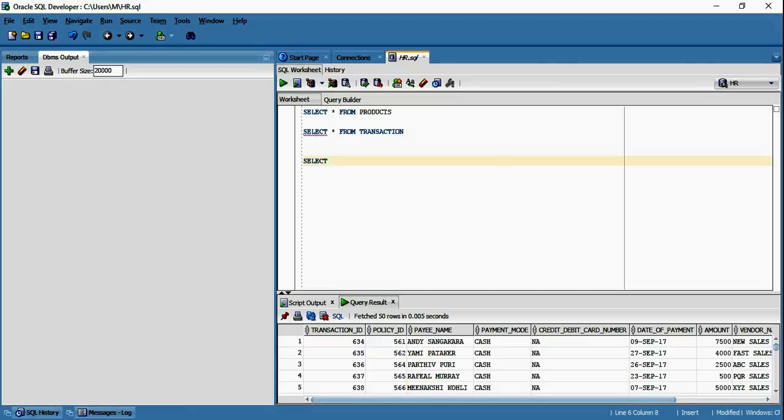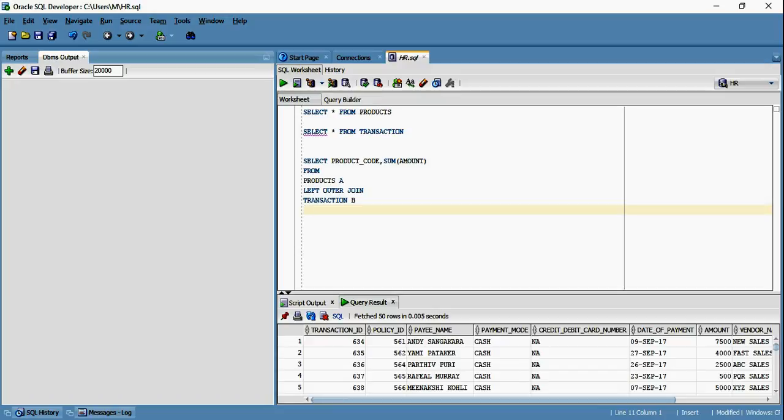Based on the product code, I want the sum of the revenue that has been generated. My driving table is products because I want all the products, and I want to do a left outer join because even if the car insurance is not sold, I still want a value for that. So I do a left outer join on transaction